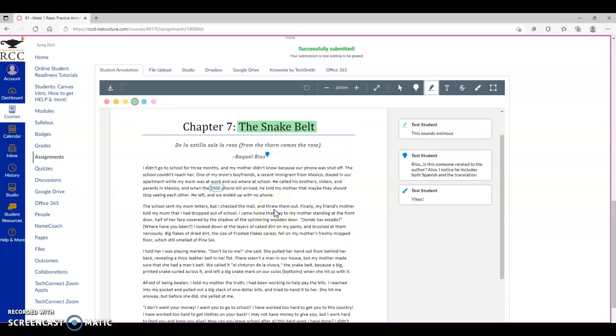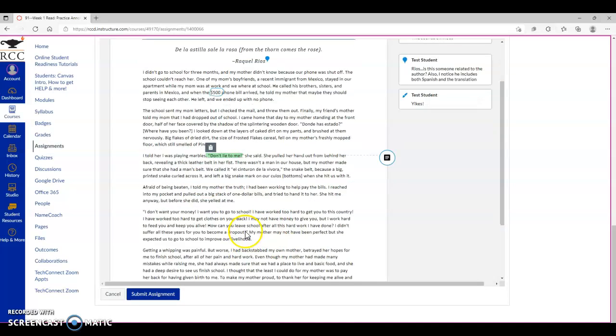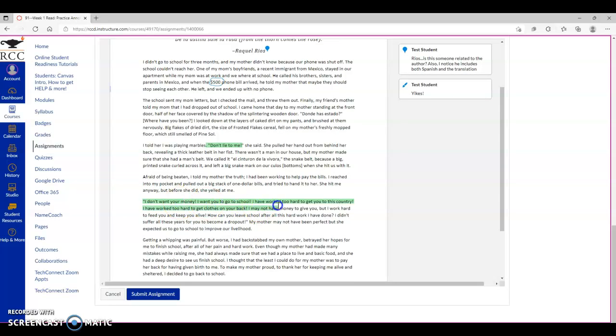For narrative, you may not need to annotate as much as you need to annotate for, say, if you're doing a history textbook or something like that, or a psychology or something that's related to your major. So how you annotate will differ depending on the texts, but I just wanted to show you the mechanical process for that. And so once you've annotated what you wanted to annotate, maybe you've gone through and seen a couple of things. I think this quote is really interesting. I think this seems really key is,